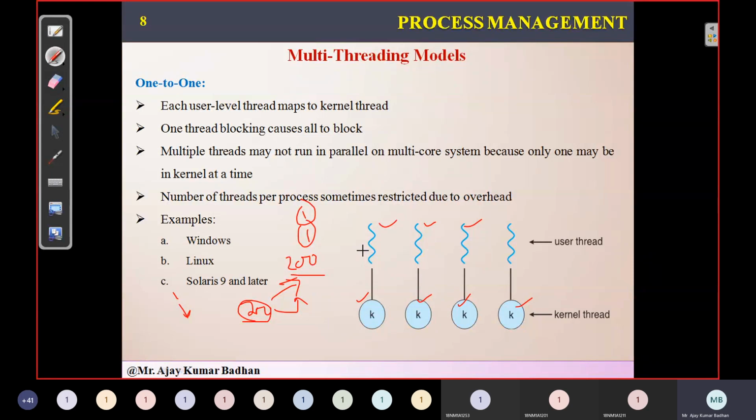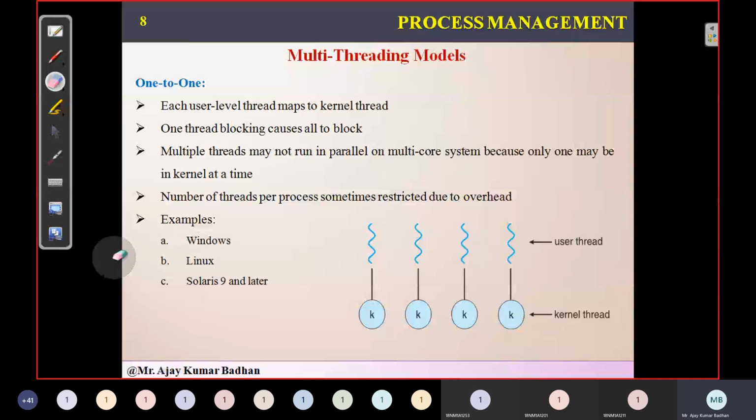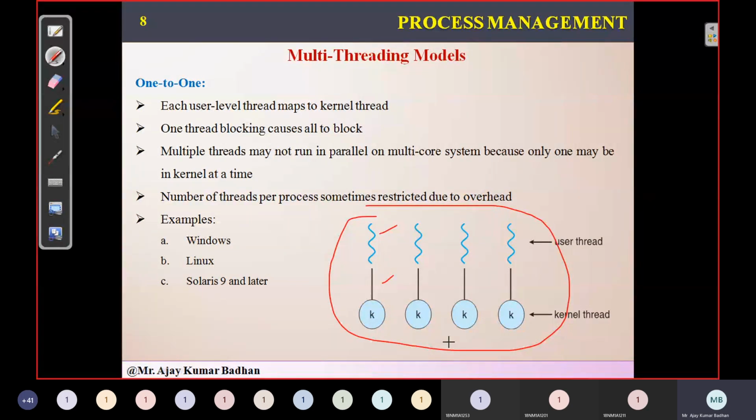Is it really possible? It's highly impractical, right? We cannot serve 200 people with the help of 200 people giving the prasad. Same way here also, if we have hundreds of user level threads, we can't generate hundreds of kernel level threads. It's highly impractical. And if we generate like that, the system again enters the same situation as with processes, where it becomes like a process for each thread. The system will not be able to function properly, and some kind of halt situation might come up, that is nothing but hanging.